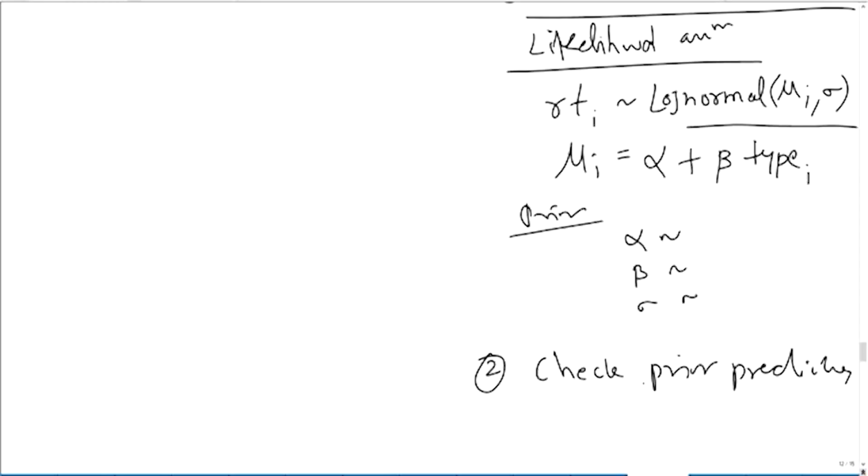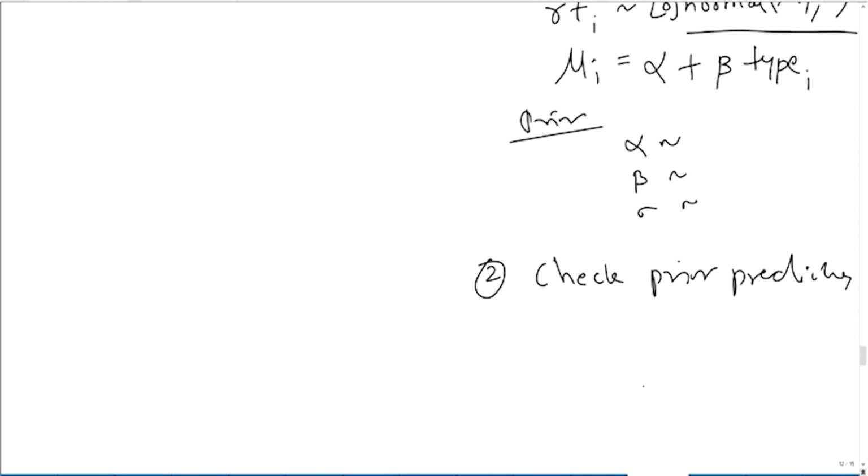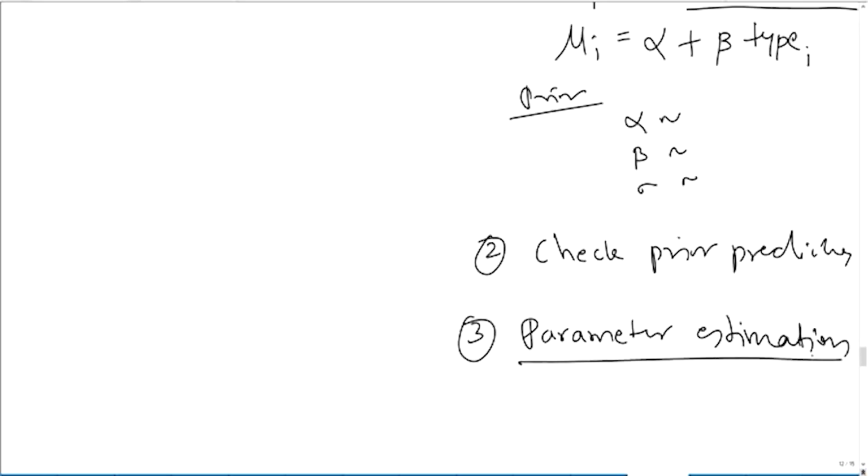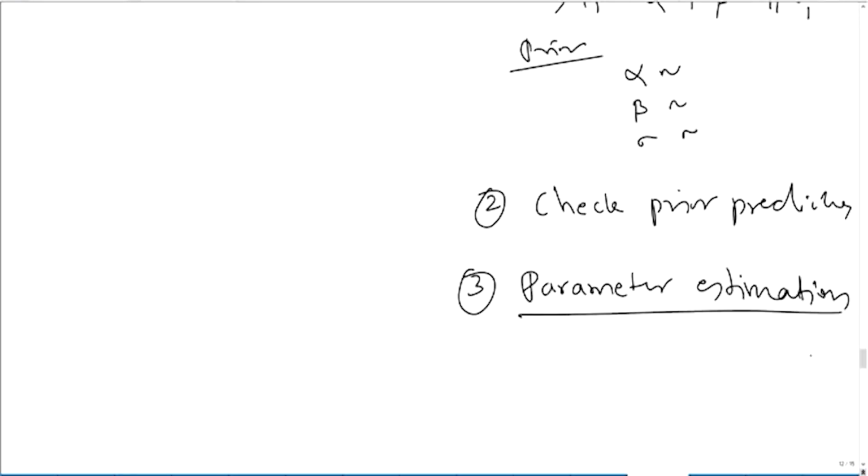Okay, fine. So once you generate prior predictions and see whether they are in a reasonable range, now your model is ready. Now you can use the data to do what? To estimate model parameters. So you can do the parameter estimation step. How do we estimate model parameters in the Bayesian framework? We need to estimate the posterior distribution, right? So we'll need some